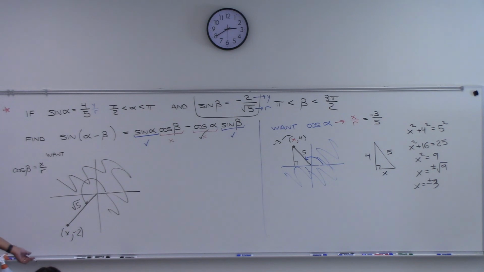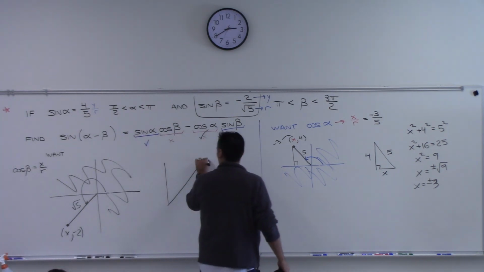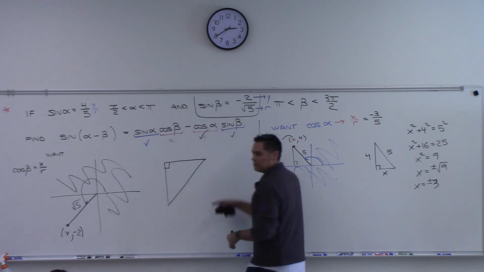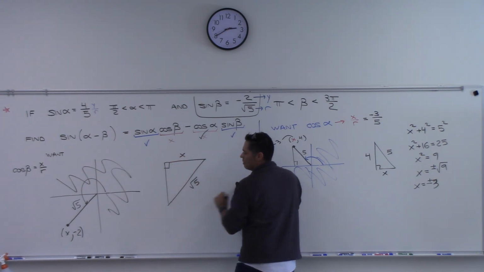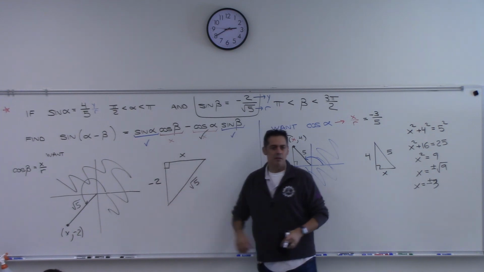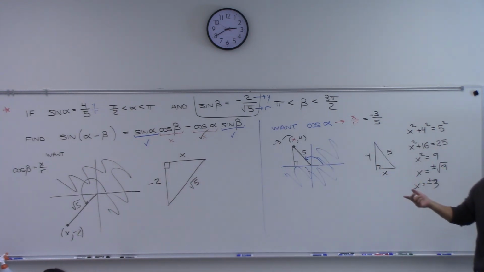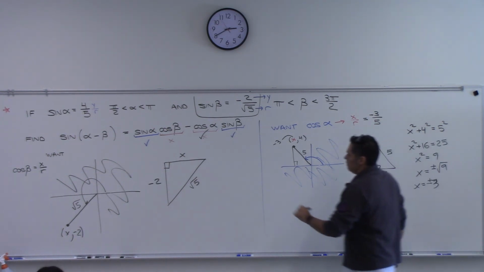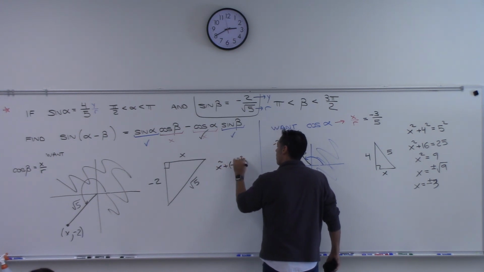And then I draw a right triangle again. And it really doesn't matter how you draw it. I'm going to draw mine upside down because we're down in that quadrant. This is root 5. The x coordinate I don't know, but the y coordinate is negative 2. Now, I don't need to put negative here. It's a distance. It's not going to matter in Pythagorean because I'm going to square it, so it's not going to have any impact. So I do x squared plus negative 2 squared equals root